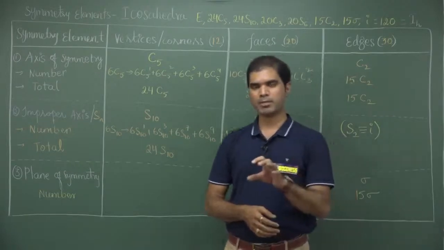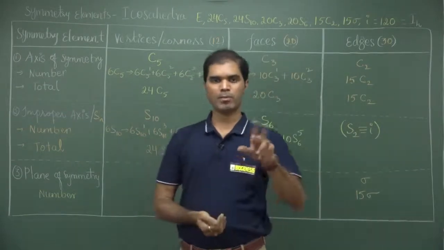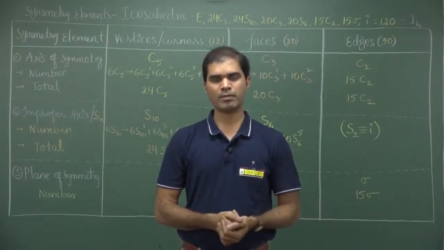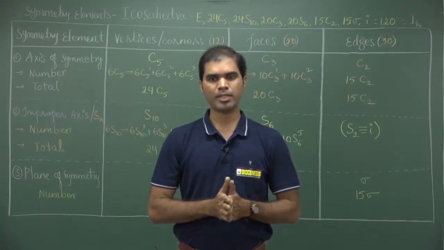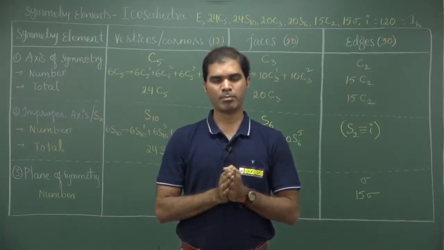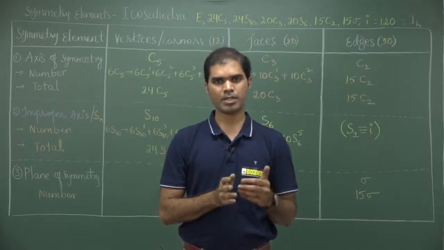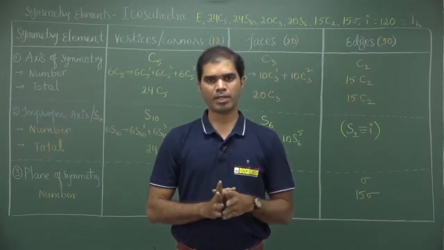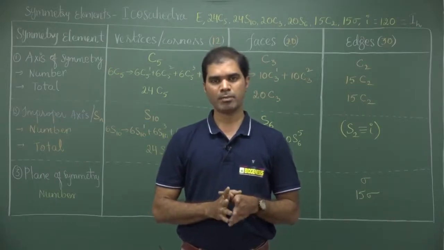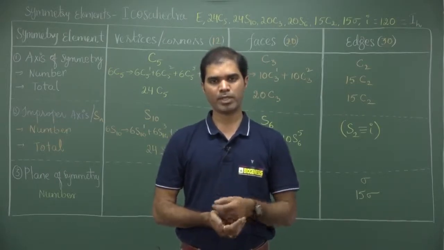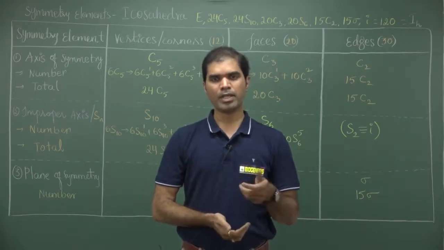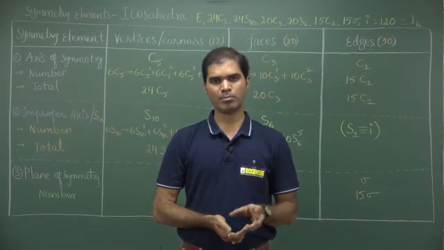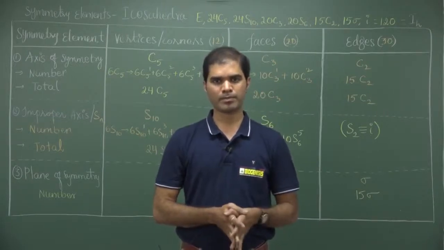If you can understand the symmetry elements of icosahedra, there will be a little shuffling, but the same number of symmetry elements you can also find for the conjugate of icosahedra, which is a dodecahedra. This is all about molecules with special symmetry, platonic solids. Tetrahedra, which is conjugate to itself, has 24 symmetry elements and belongs to the Td point group. Octahedra and cube or hexahedra have 48 symmetry elements and belong to the Oh point group. Even cube belongs to the Oh point group. And icosahedra and dodecahedra, which are conjugate to one another, have 120 symmetry elements, and both of them belong to the Ih point group. Thank you.